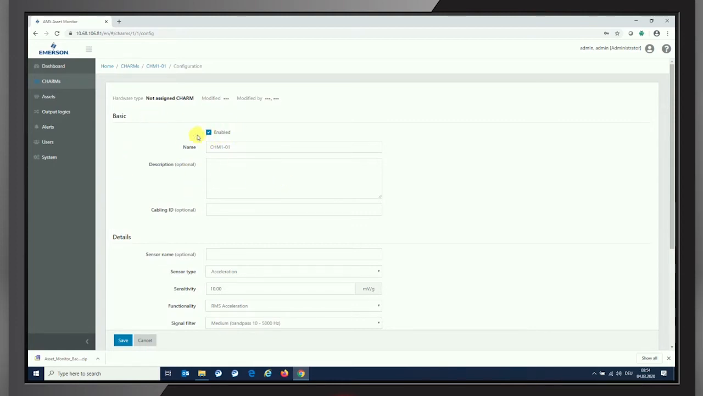The first checkbox here you see is the enablement checkbox, which comes automatically activated per default, but we are able to deactivate a charm, for example, if a sensor is defective and we want to exclude that from the measurement anyhow. So we can check the box for disable or check it again for enablement of the single charm,